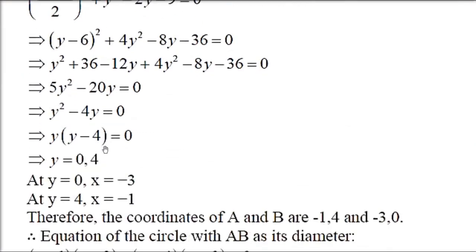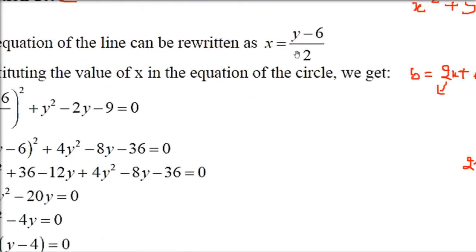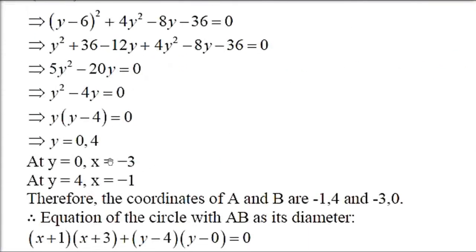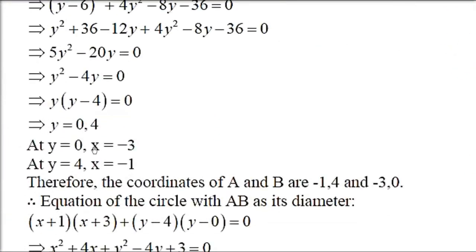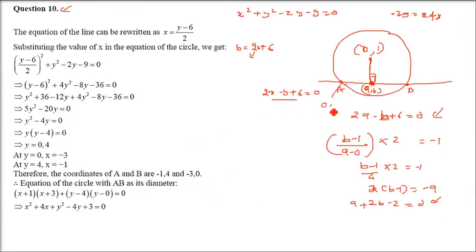And when we have a quadratic equation, you'll get y as 0 and 4. I hope you'll be able to solve the quadratic equation. When you have y equals 0, 4, you just put in this equation. When y is 0, x is going to come as minus 3. When y is 4, you are going to get x as minus 1. So you have now 2 points: minus 3, 0 and minus 1, 4. It's not 0, minus 3, it's minus 3, 0. And this is minus 1, 4. So just change it, okay? You have to exchange the terms.